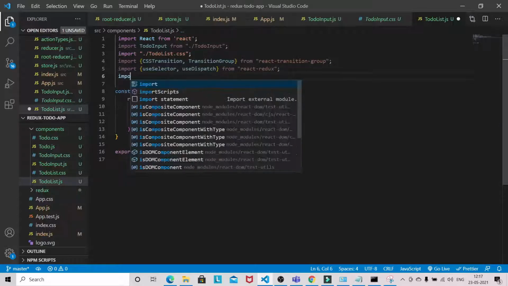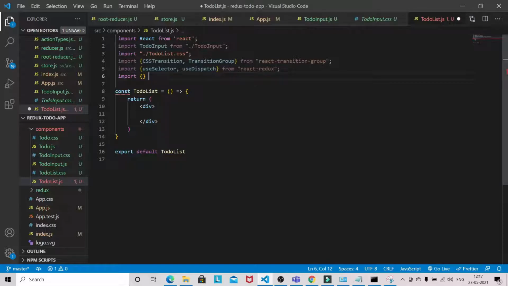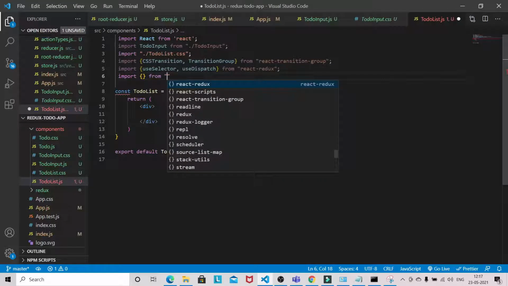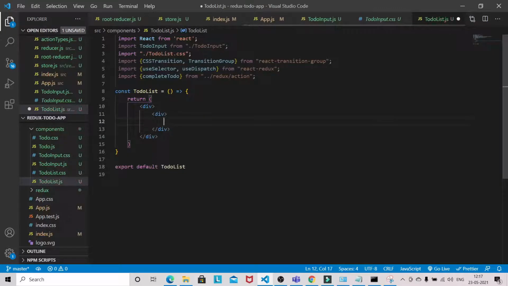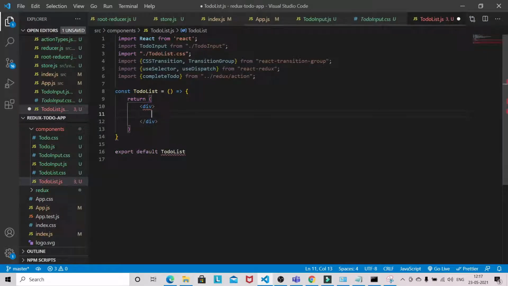and we have also written our very first action, that is completeTodo. So we will import that one also. Okay, so let's start working on this. So div was already there.